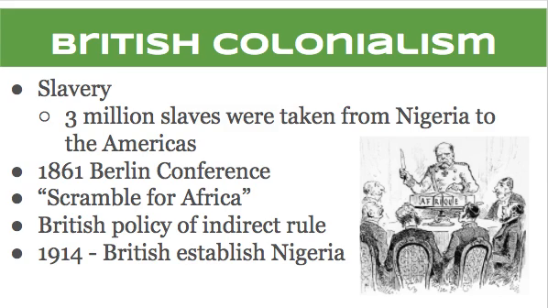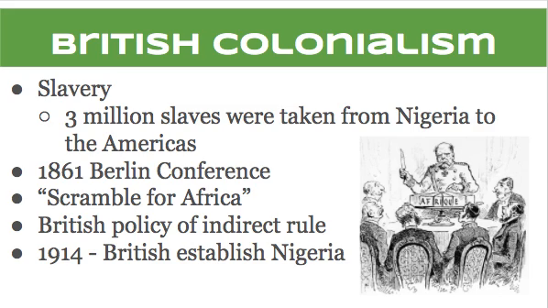And so England sets up a policy of indirect rule. They're like, hey, we get to be in charge, we get to govern, but here's the thing, we can't actually rule these people because these people don't want to be ruled by England. So they set up a system of indirect rule where they're like, look, we're going to let you keep your